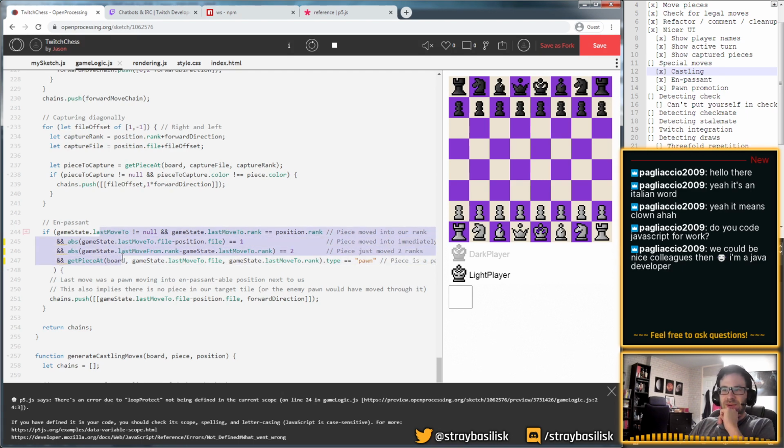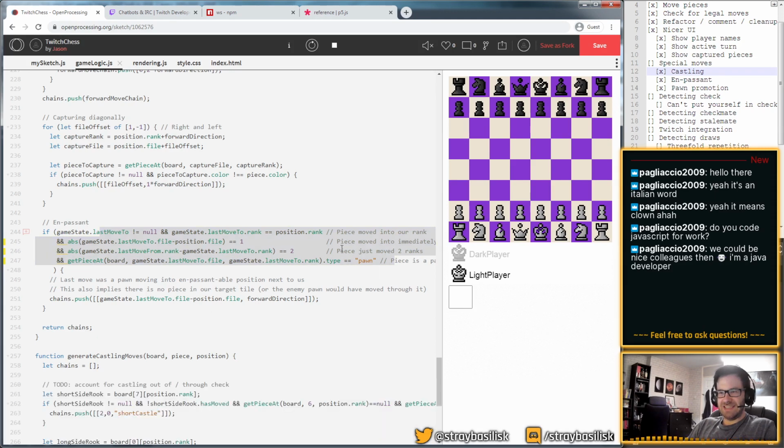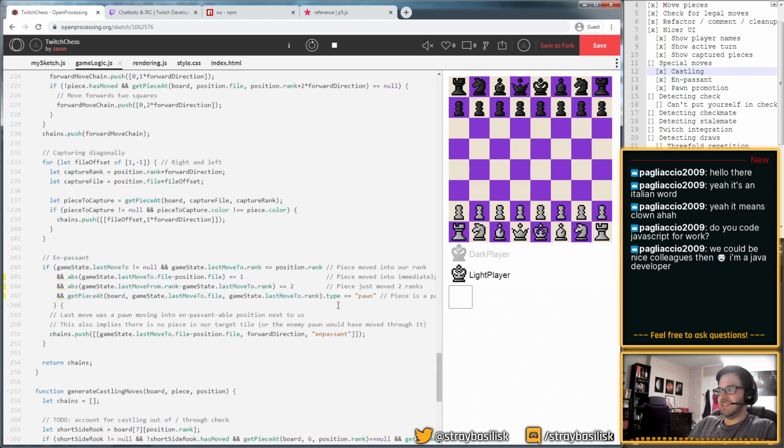Yeah, this is kind of ugly, but I feel like it's kind of necessary. The rules for en passant are somewhat complicated. The previous piece, your opponent's piece, has to have literally just moved, and it had to have been a double move, and you have to be in this position, and the tile diagonally in front of you has to be free, and so on. So that's what I'm going to do. I'm going to tag this move with en passant, so now I can clean up this logic.